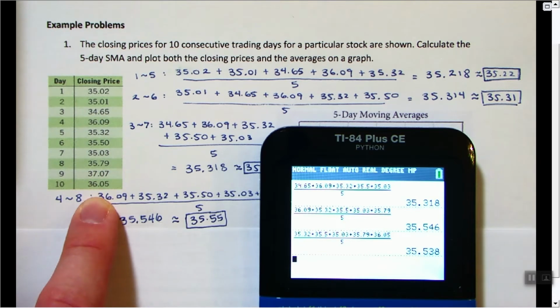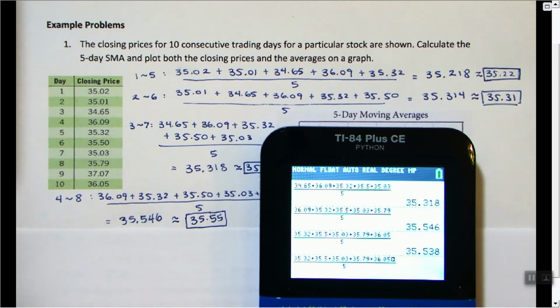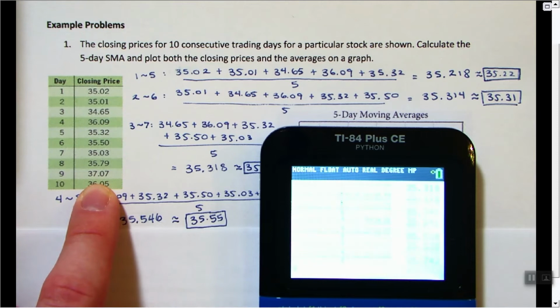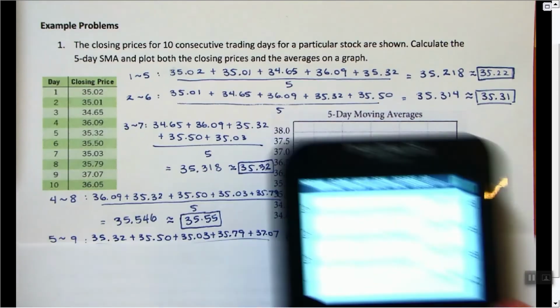No, I'm sorry, I skipped. I'm now at 5 to 9. That's a mistake on my part. 37.07 is not the last one. I get 35.4742, which rounds to be